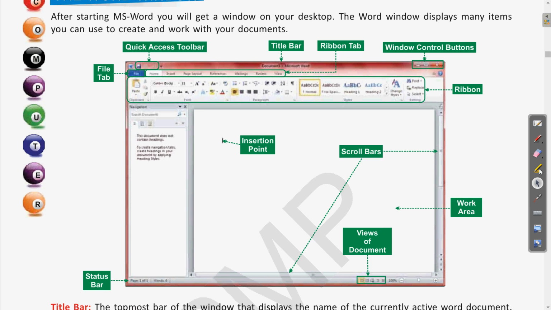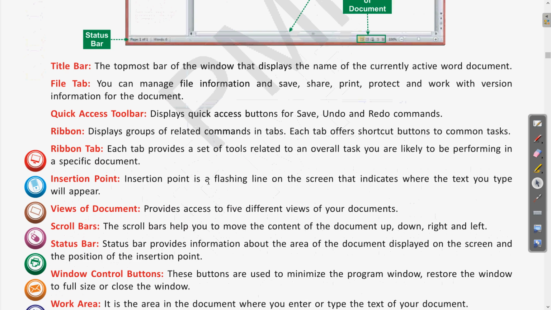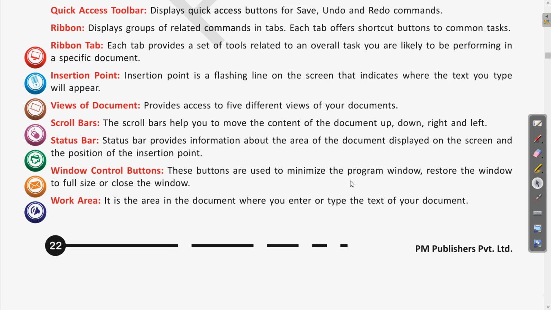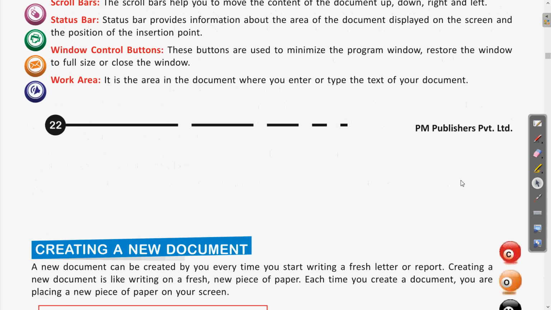You can read it, and whatever the important things, you can go through that, and you can pause the video wherever you have confusion in any of these. You can pause the video and watch it again, or if there is still some doubt and confusion, you can ask the questions in the coming online class.